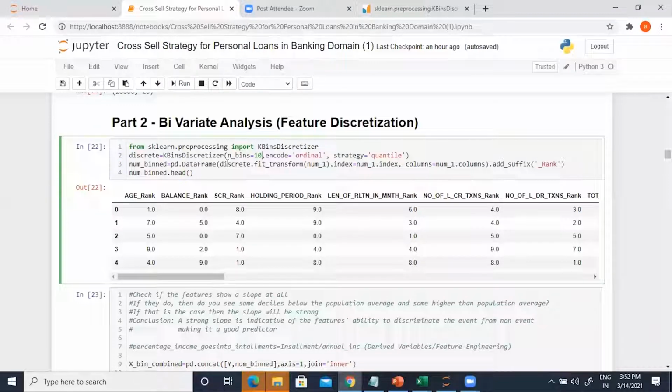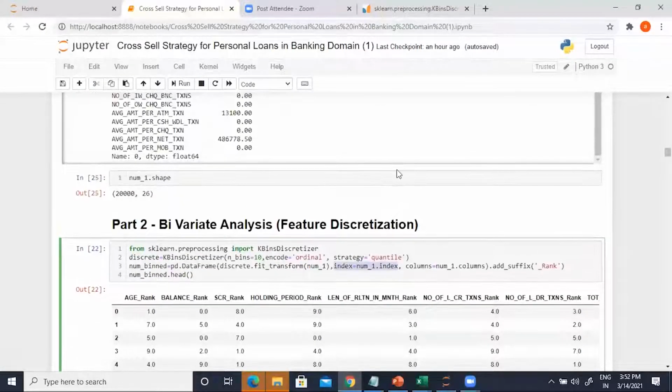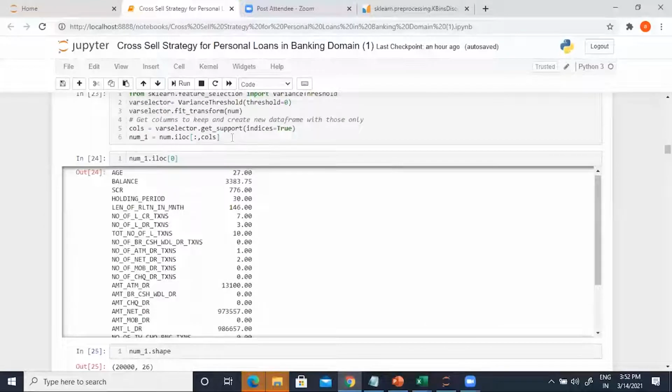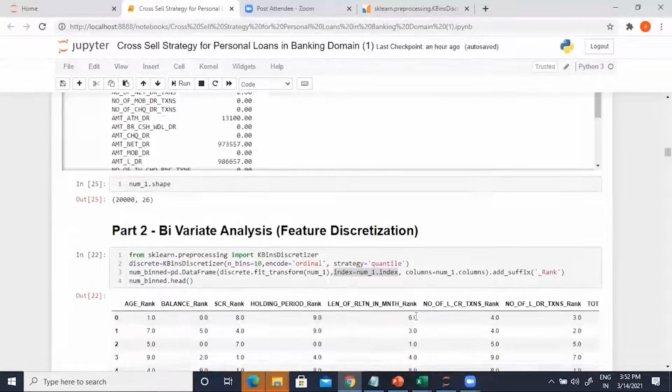Okay, cool. Now, the method called fit_transform, when you apply it, by default gives you an array. What I'm trying to do here is create a data frame called num_bin, and directly take this array and convert it into a data frame, where I'm giving the index as num_1's index. num_1 was created in the earlier step where I removed a couple of variables because of zero variance.